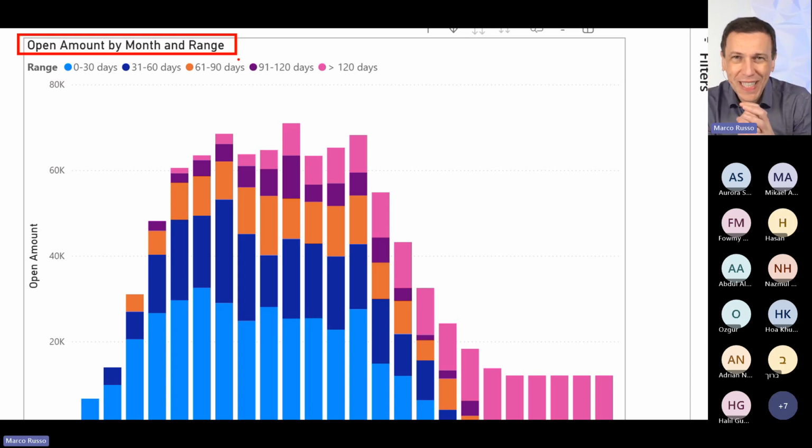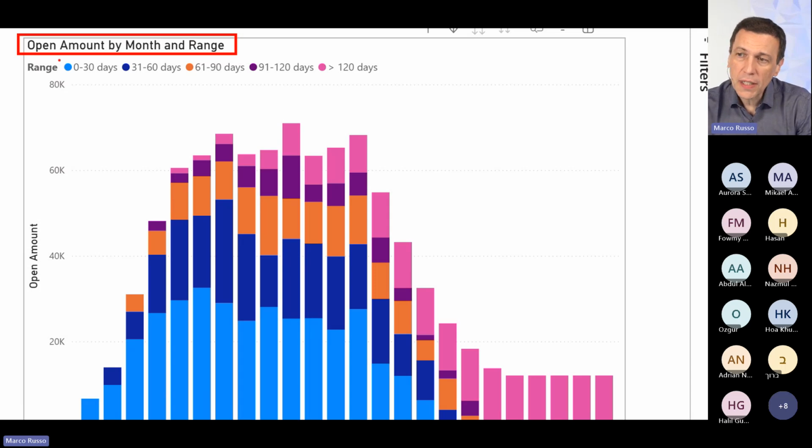Now, I don't know in your country, but for example, in Italy, this is very common, unfortunately. That's one of the reasons why I prefer to work abroad. But there are countries where this is pretty much a common thing, or there are customers that are later than other customers in paying the amount due. So this kind of report shows how much of the amount that the company is expecting is late.